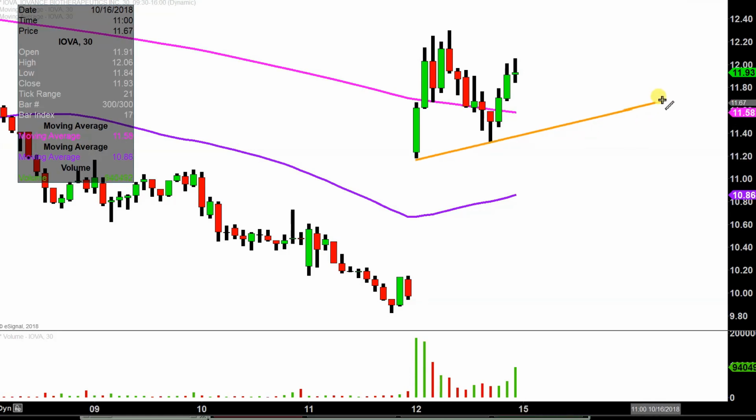You can see that over time, the price did manage to put in higher lows. So ideally speaking, if the price can hold above that trend line, that would be a very nice sign of power. With that being said, if the price does drop below that orange line, I'm not saying the entire chart's ruined or anything like that,